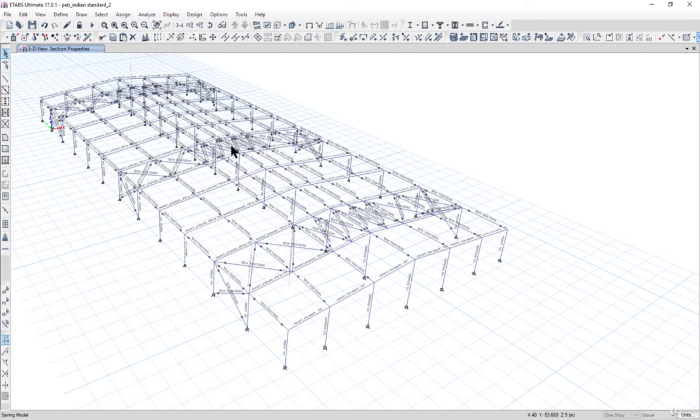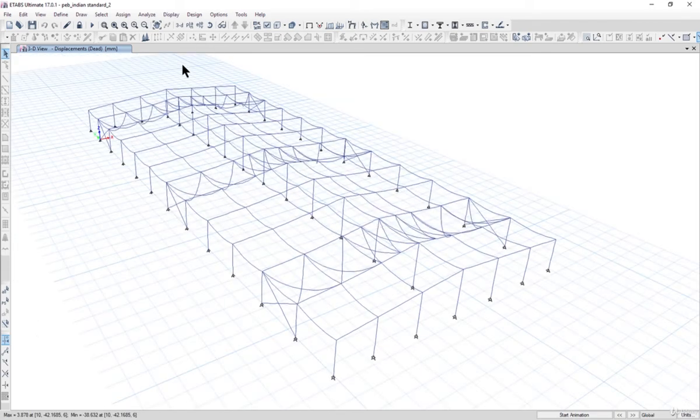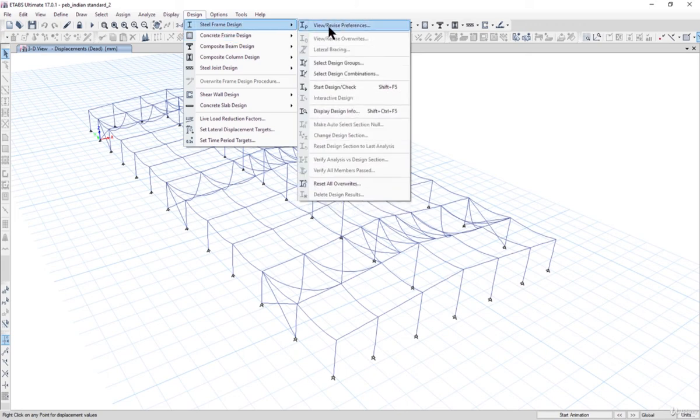That is, we again analyze the structure so that we can do the design again. So what I need you to notice here is that now the minimum deflection here is 38 mm, and that also is in this area, that is bracing area. So although to reduce this, we can increase the size of this bracing members here, but before that we need to check that whatever members we have taken and the design is safe or not.